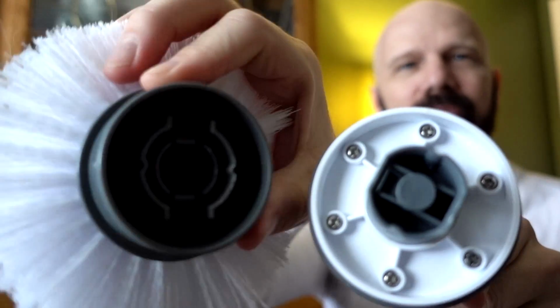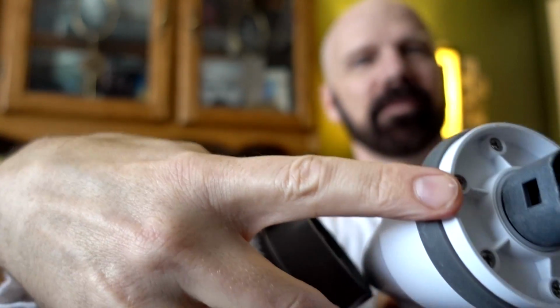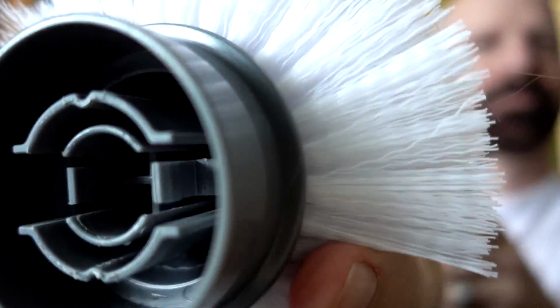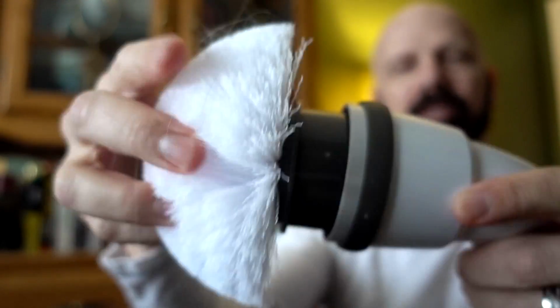And then you line up these two sections together. There's a tab there, with that tab there. Push them together. The only other thing I'll say about both of them is that they have a corner brush,